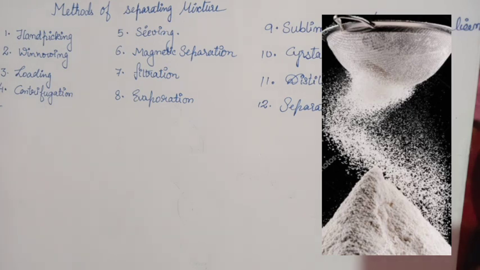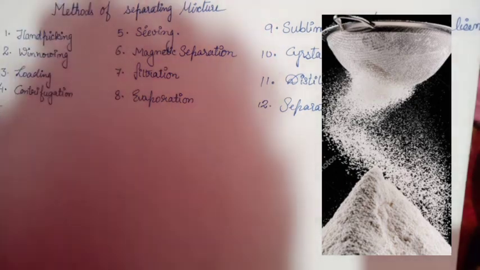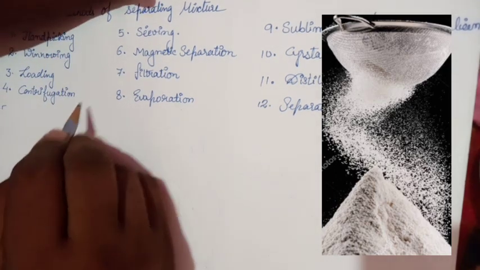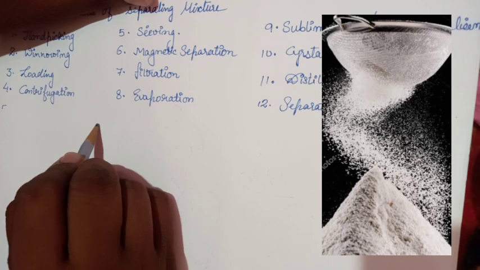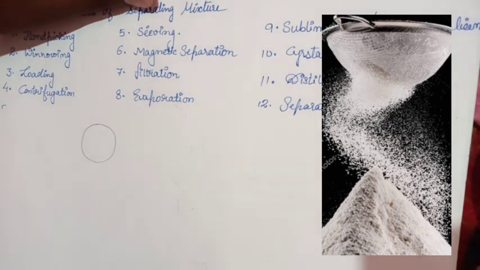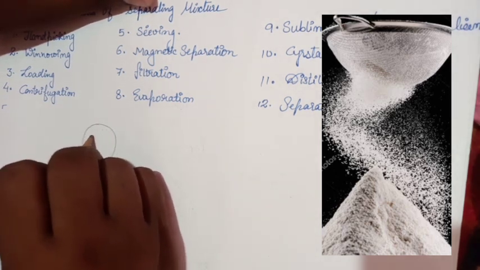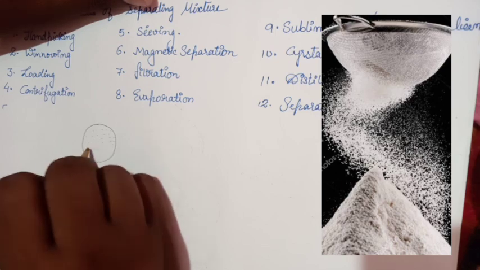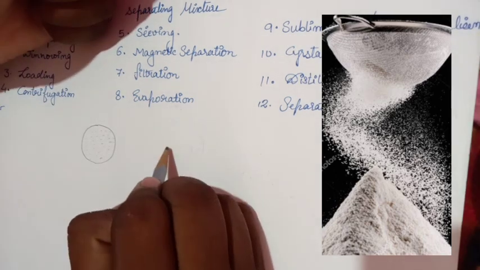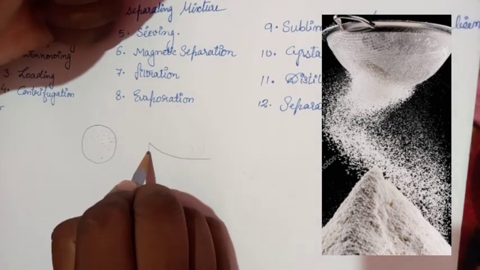Sieving. What is sieving? Sieving is basically a method from which we separate a bigger particle from a fine particle. This is mostly used on construction sites, and at our home also. So what is a sieve? Sieving is done by a sieve. A sieve is a round container with lots of pores in the center. On the construction site, the laborer puts lots of sand,